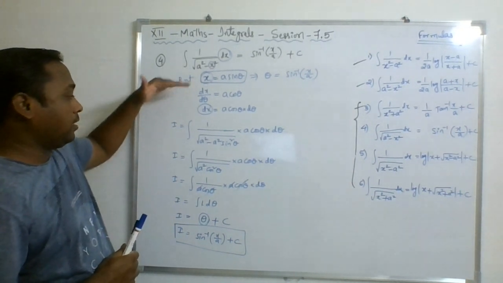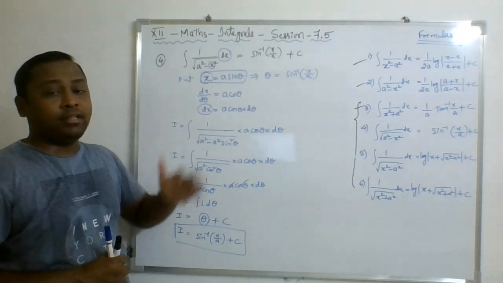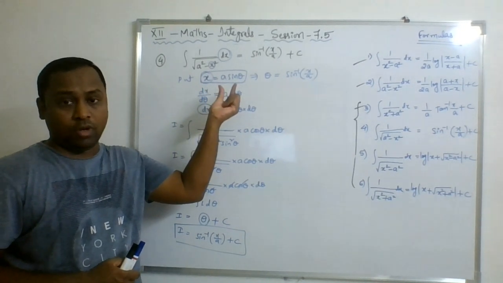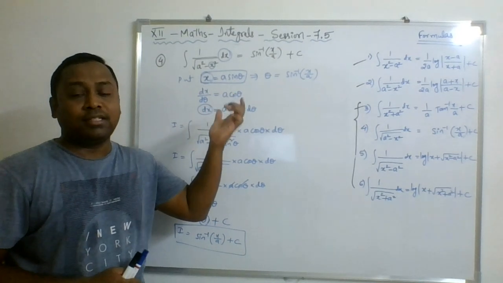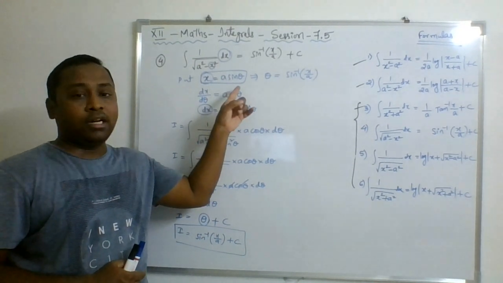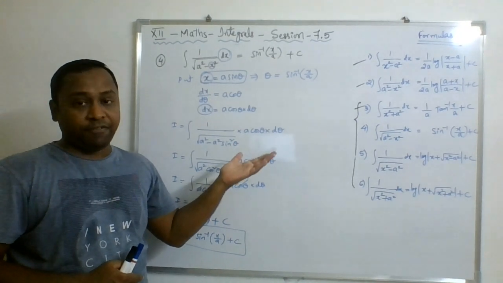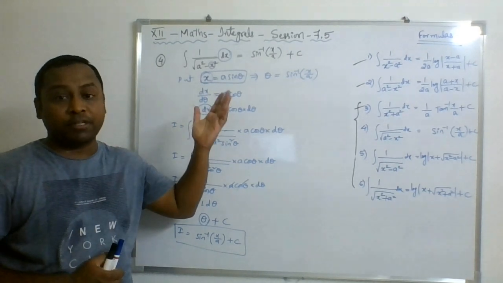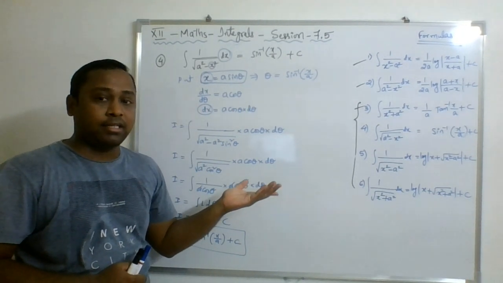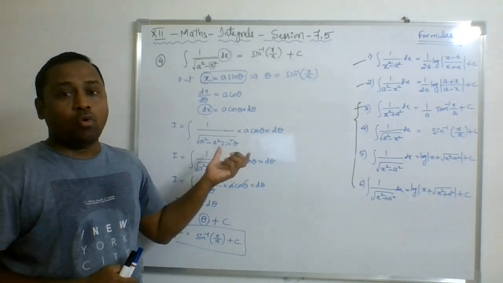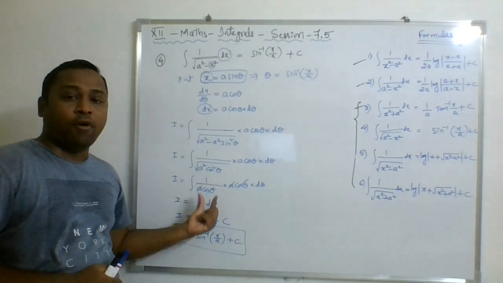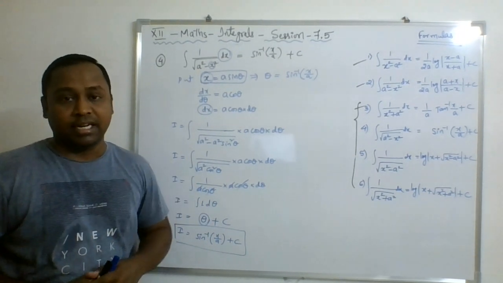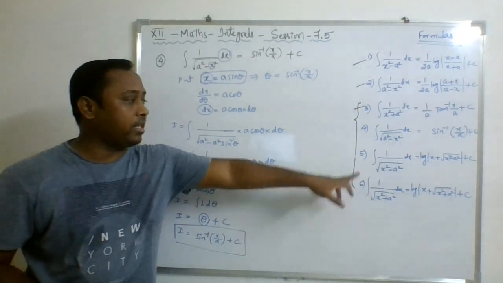Again, we have used the substitution technique. While doing the substitution technique, we have to select the perfect T ratio, a suitable T ratio. So this is an art again. And you have already learned what T ratio should be preferable to reduce the expression into the simplest form. There is a purpose to take tan theta, there is a purpose to take sine theta, there is a purpose to take sec theta. Only then are they going to convert into a formula or identity. Hence, we were able to get into the simplest form. This is the purpose behind it. Okay, so let's go with the next one. That is the fifth formula.